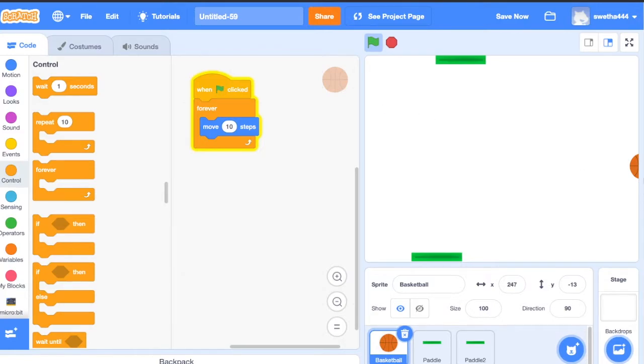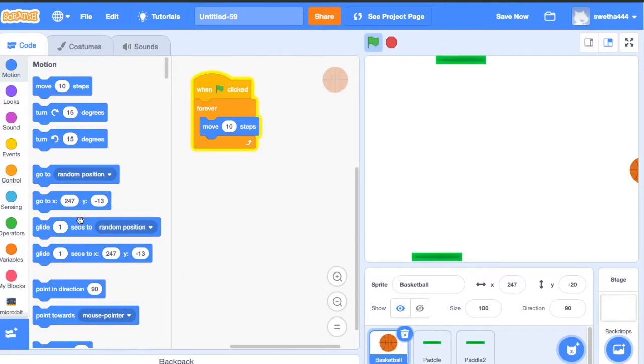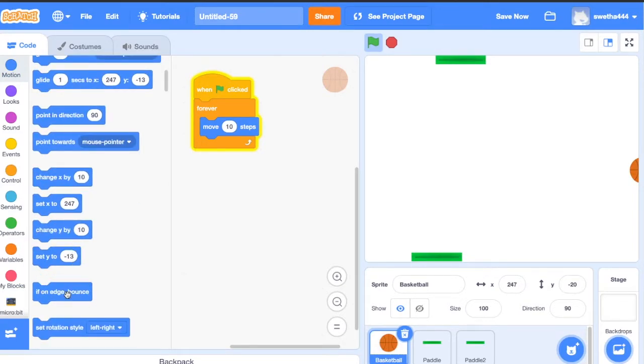Now, once it touches the edge, it has to bounce. For that, click on motion, drag the block if on edge, bounce. Now the ball is moving.